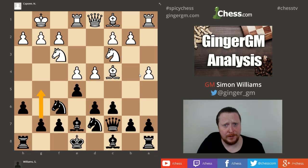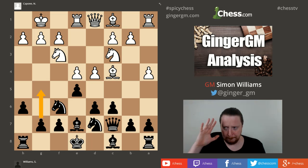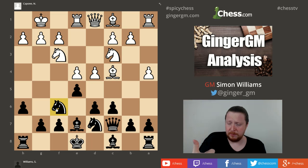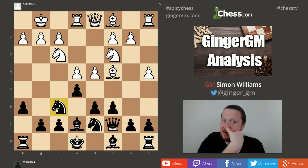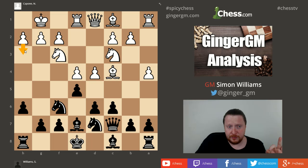Tally-ho, old boy. Off we go to the races. And g5 is a very aggressive way to play and a very interesting way to play. Now again, from the research I've done on this, I don't believe g5 is always a good move. Let me just clarify that point. I think g5 is premature in a lot of positions. And my rule of thumb, which I have written on my thumb, so when I'm playing chess I can just pretend I'm picking my nose, but I'm actually looking at my little notes there, is that if white plays h3,